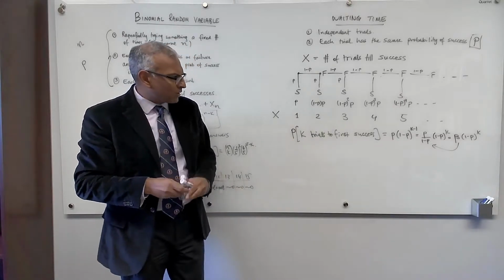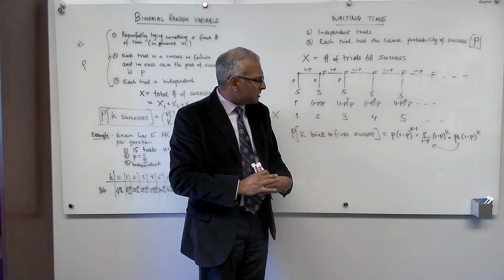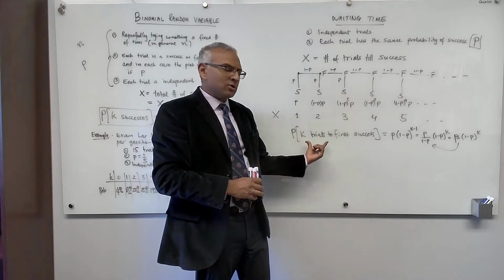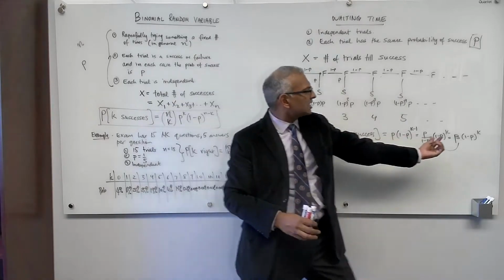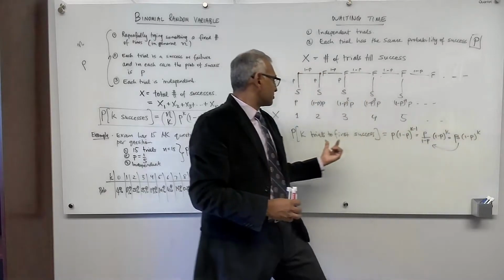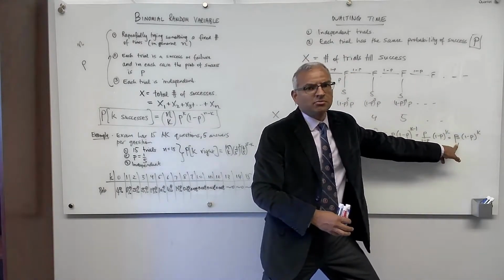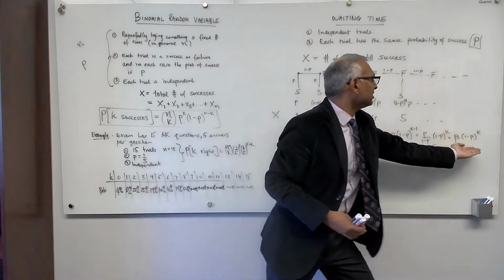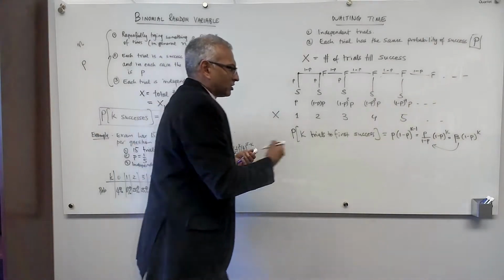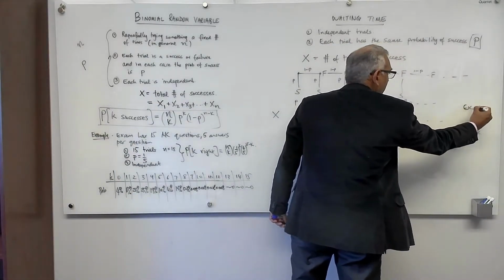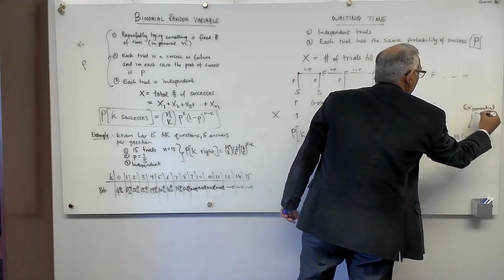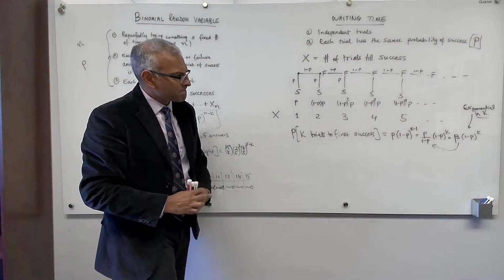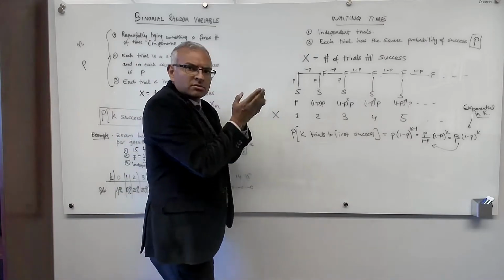And one of the advantages of writing it this way is that it becomes immediately obvious why we call this the exponential random variable. Because look, the probability that you have to wait k trials to the first success is exponentially decreasing in k. The probability of k trials is some constant, well, the constant happens to be p over 1 minus p, times 1 minus p to the k, exponential in k. And so this is why it's called the exponential random variable. Exponential in k. Okay. And that's it. That's the exponential random variable.